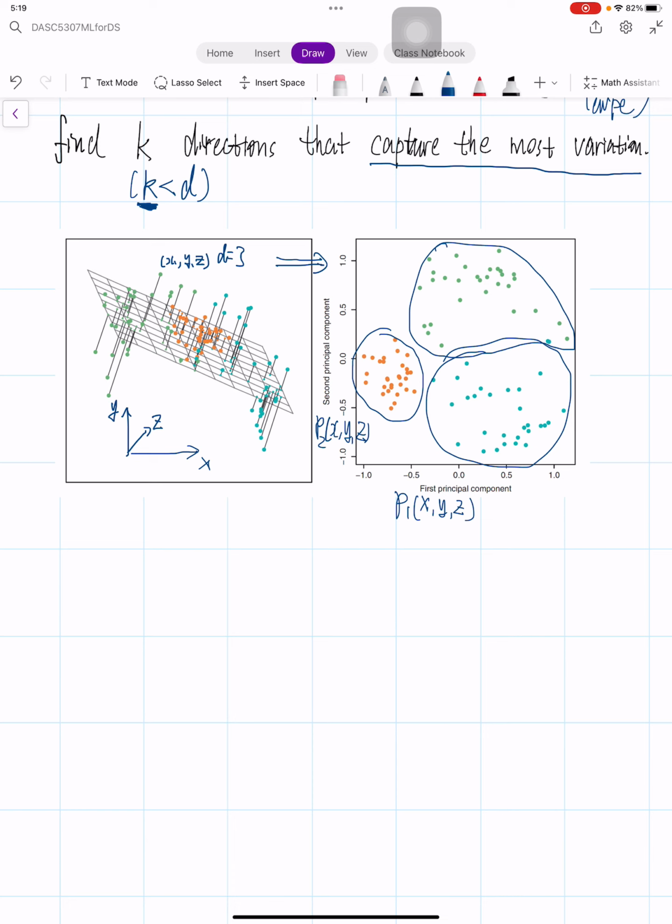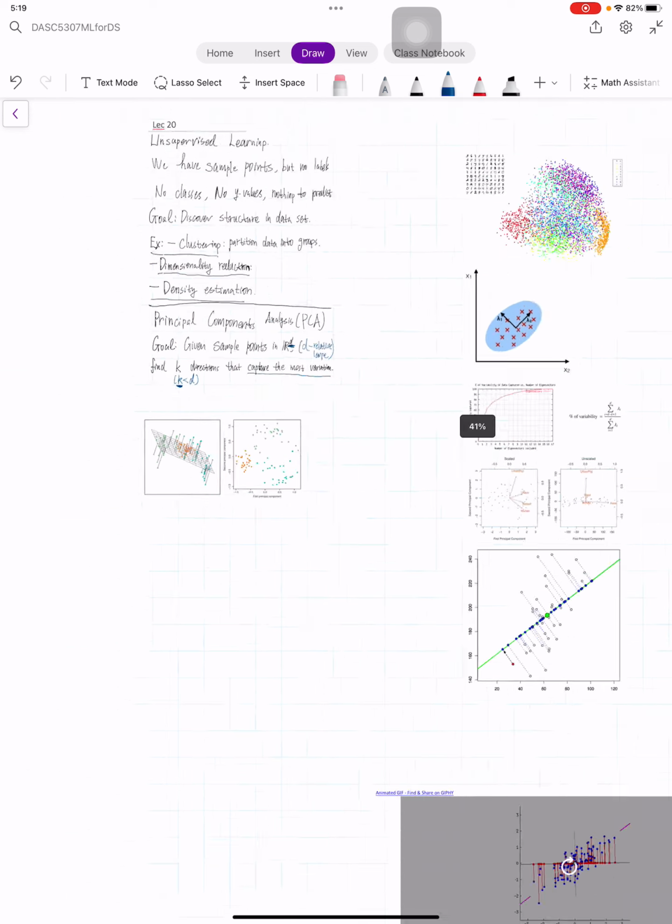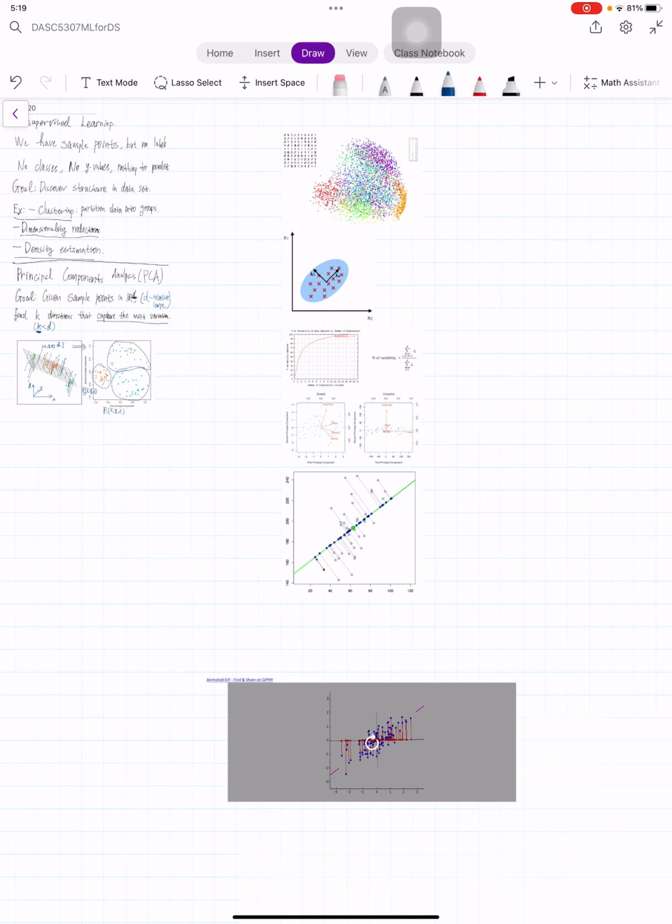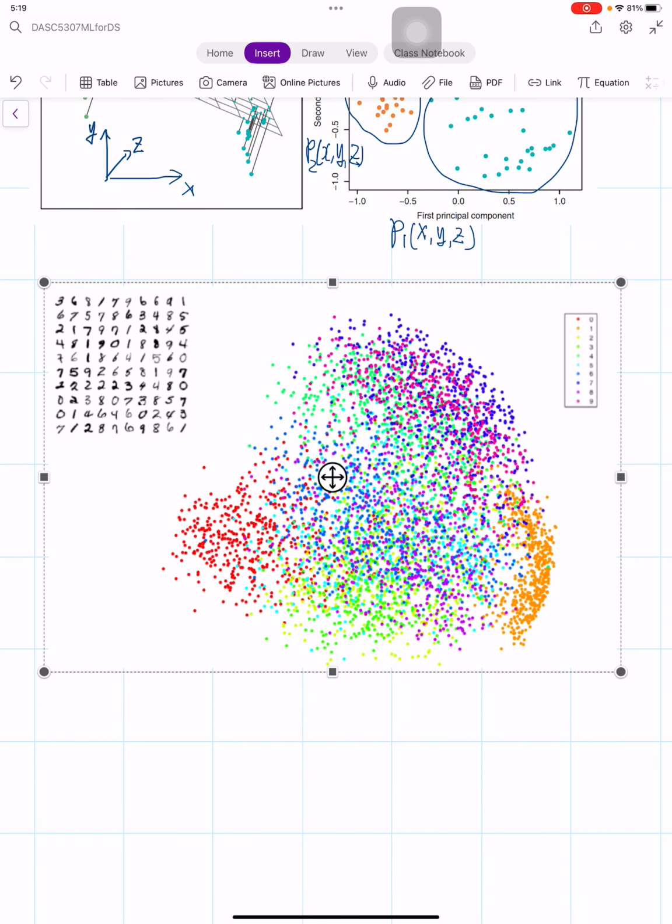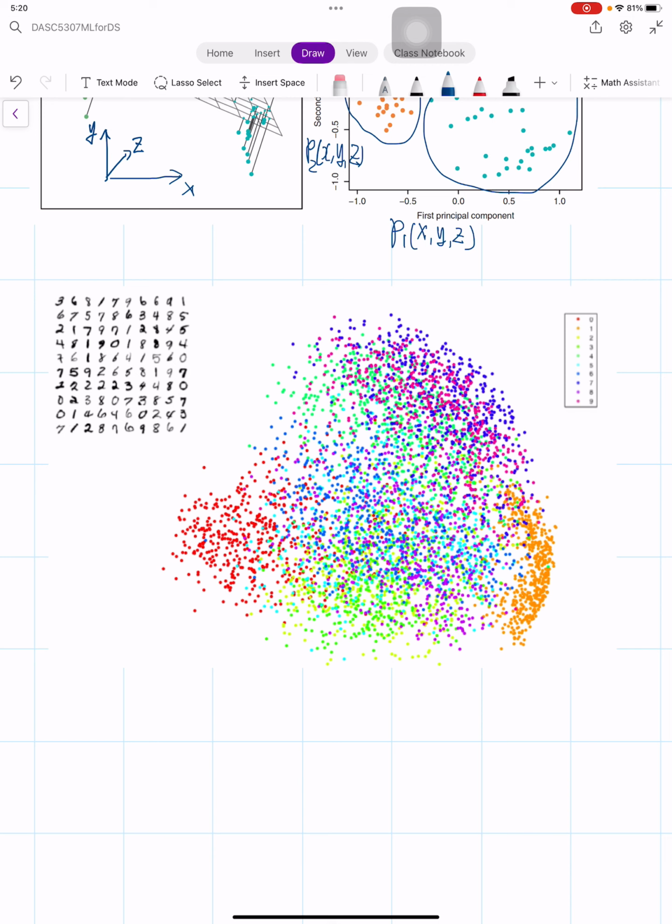And here is another example. Maybe let me show you another example. This is the number of the digits, like the MNIST data set, which contains all the handwritten images. By using the principal component analysis on the original data set,